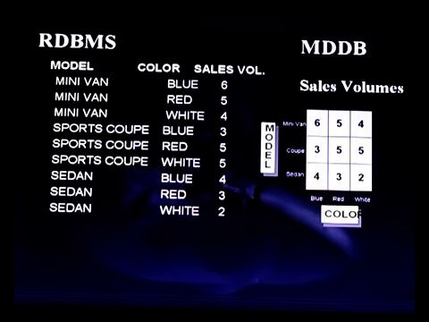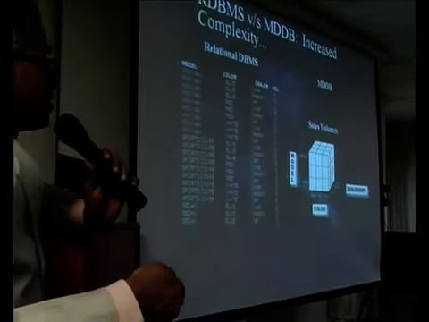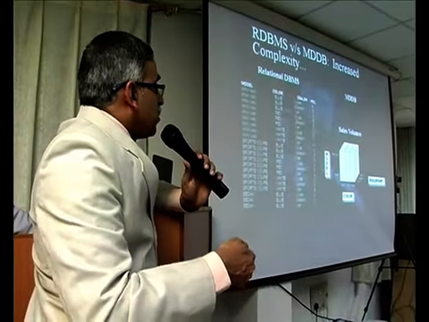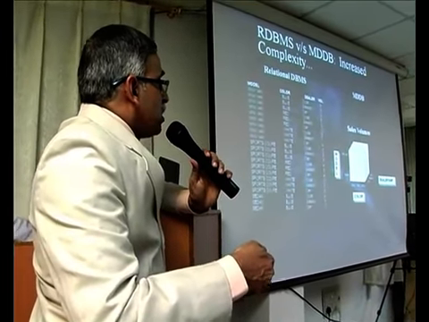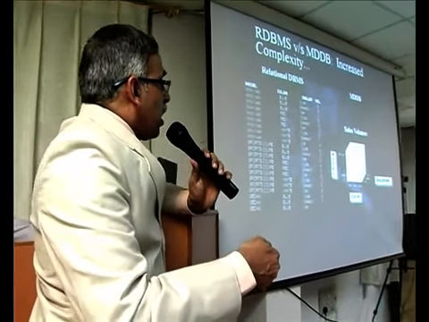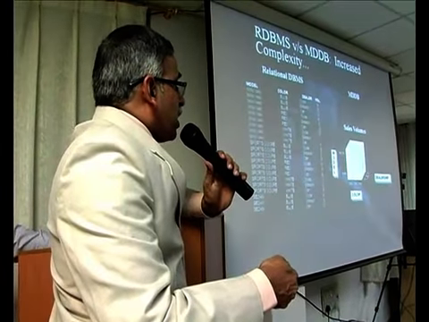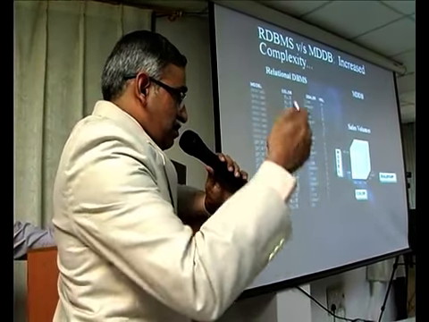In this situation, we'll have a set of 2-dimensional matrices. Each square is meant for 1 dealer. Since there are 3 dealers, we have 3 different squares. This is 1 square for this dealer. The middle square is the middle dealer. The last square is for the last dealer. So that means if I select a particular dealer, then I can get a matrix slice.